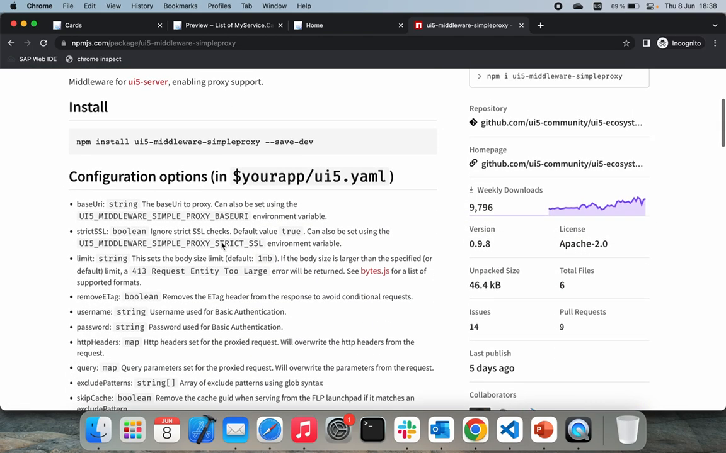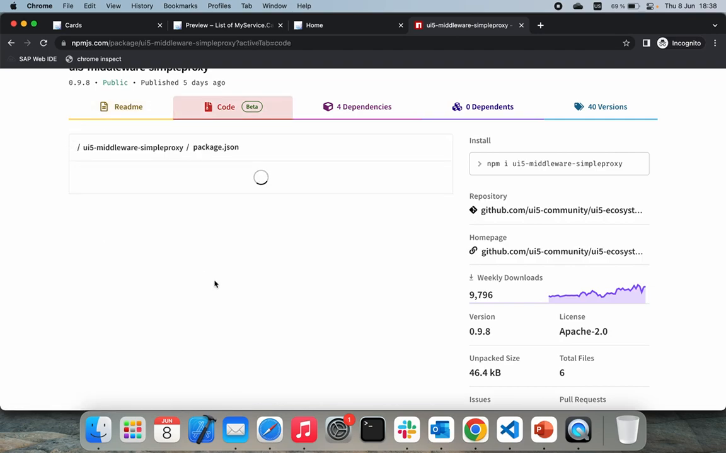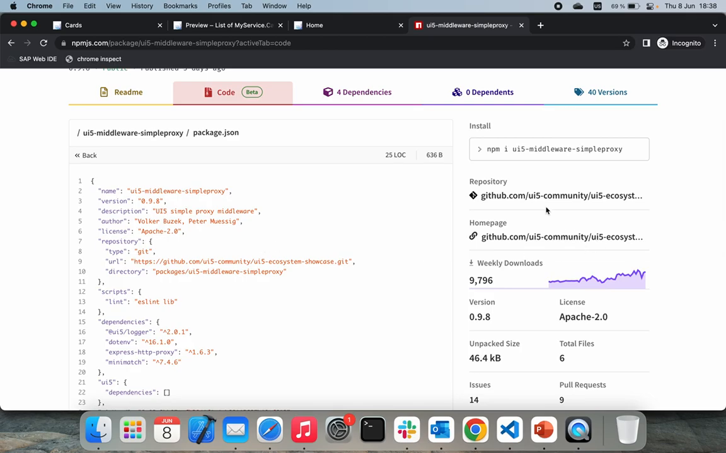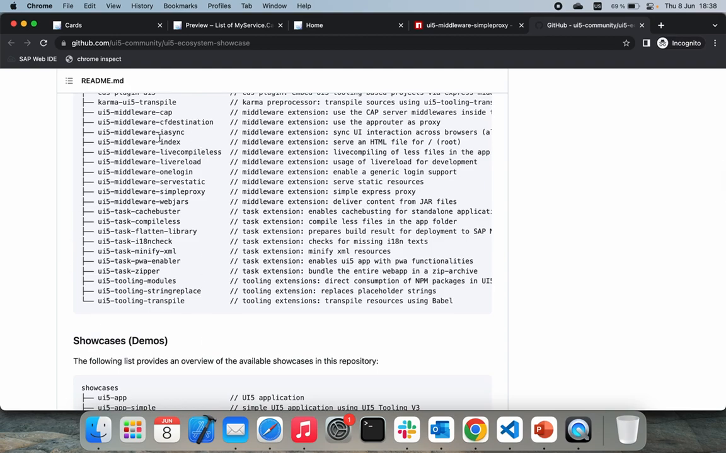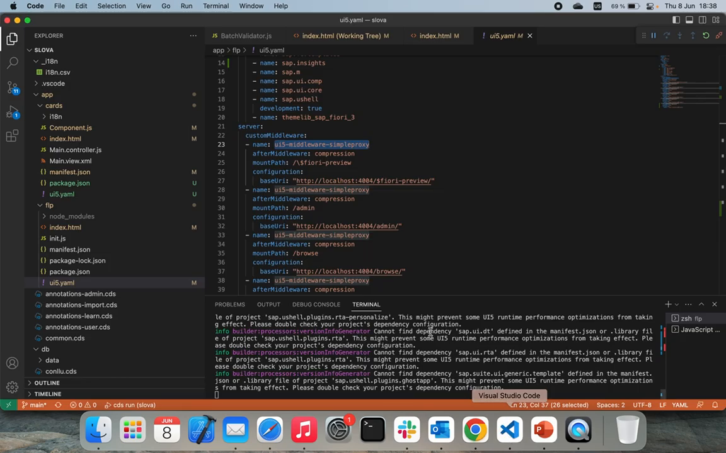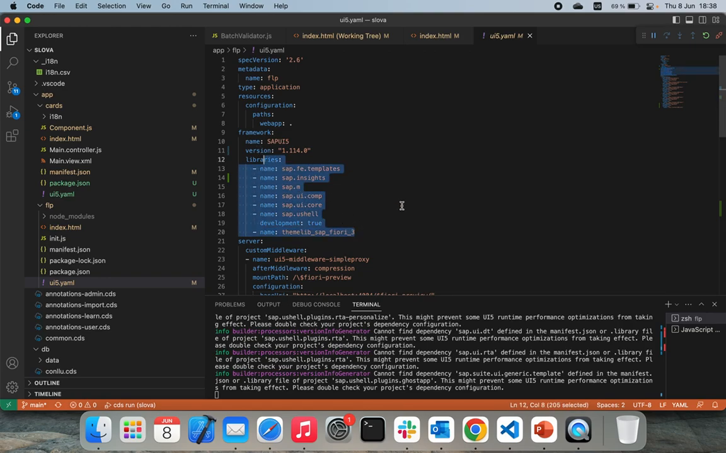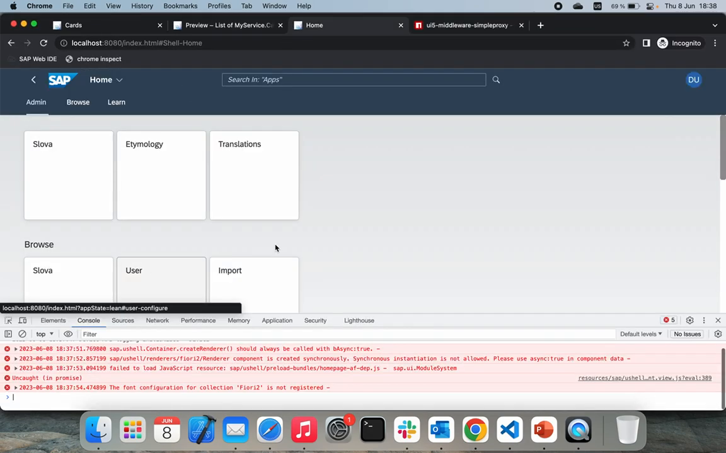So yeah, this is the configuration. It is based on Express proxy. I mean, because we're in the Express ecosystem, everything is more or less Express related. And this is the UI5 community, and currently they consolidated all that stuff in a single repo. Okay, but we don't care. What we care about is that we have multiple proxies configured. We have these libraries loaded, and so basically that means that this currently, we hope,